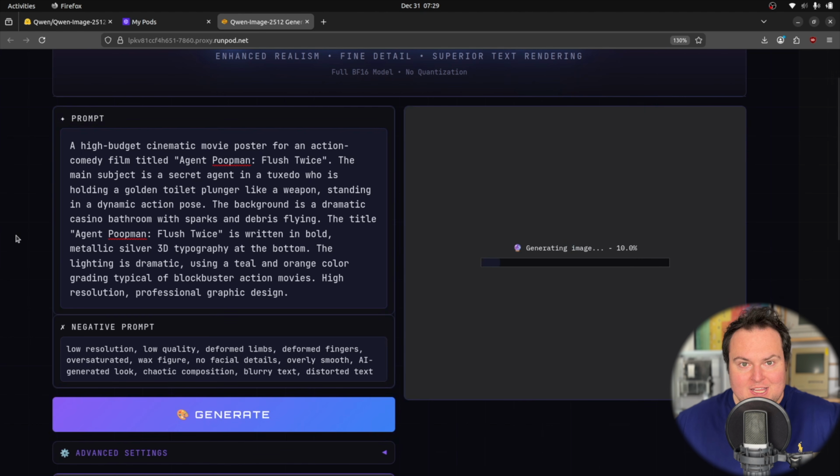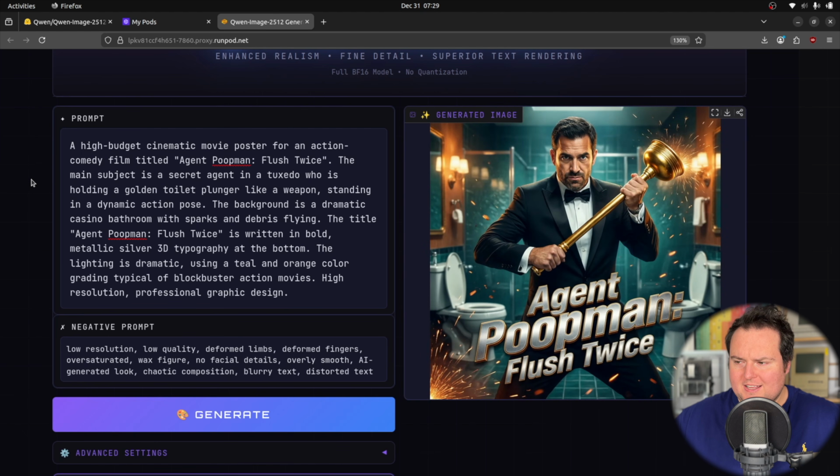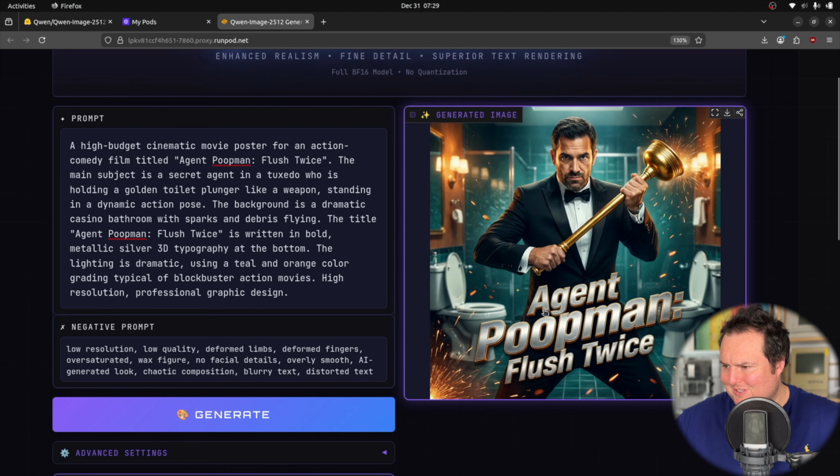image generation. So this is essentially the same task, which is where it should just be generating the Agent Poopman movie poster, but we've added in a bunch of detailed elements, such as a high-budget cinematic movie poster. We've given it a bit more information in terms of the title, so it is now Agent Poopman Flushed Twice, and we'll see how this affects the generated result. That is much better. Now, I do notice that a lot of these put two toilets in the same